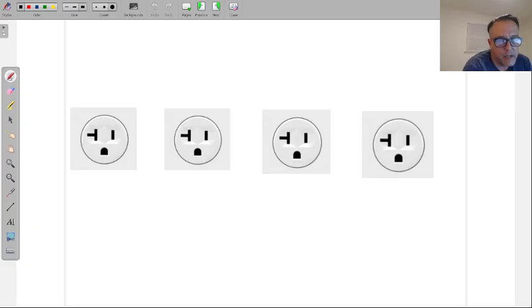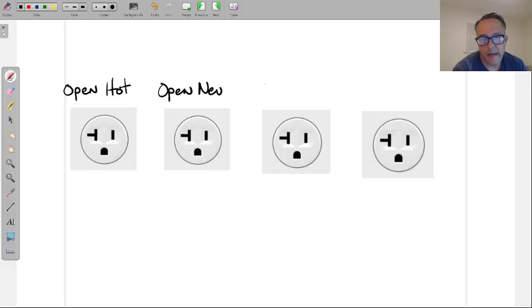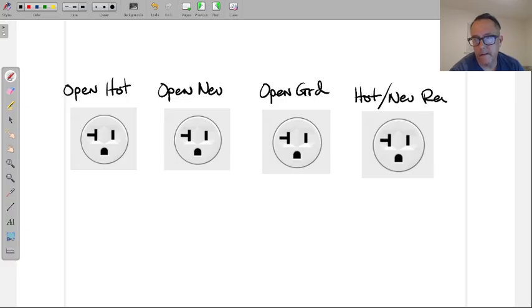And I know I gave you this yesterday, but just a redo for those who didn't catch it all yesterday. So open is how we describe the fault on the outlet. We have an open hot. We'll do open neutral. Then we have an open ground. And then we have the hot and the neutral reversed. Now, usually if you have the hot and the ground reversed, that's going to trip the breaker